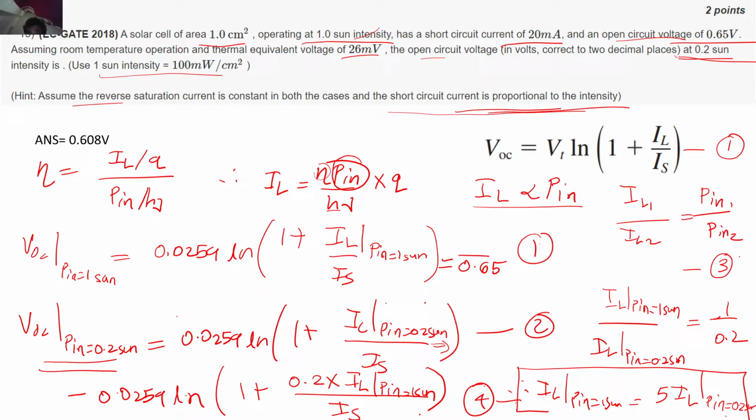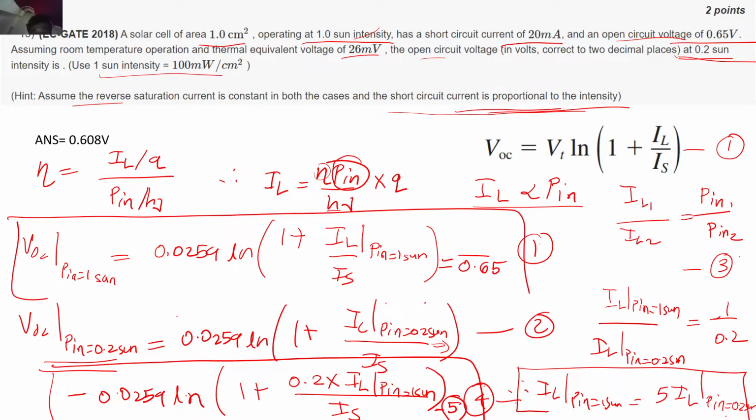So now equation number 1 is there, and let's say this is equation number 5. I'm talking about these two equations. Generally this factor that you are seeing over here is very huge compared to the value of 1. Why am I saying this? Because your saturation current will be in some picoamperes and this IL will be in some milliamperes. So it is of the order of 10 to the power 8 or 10 to the power 9, which is very much greater than 1. So again we will simplify equation number 1.